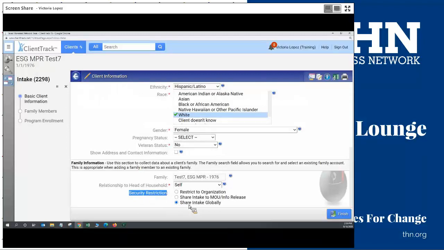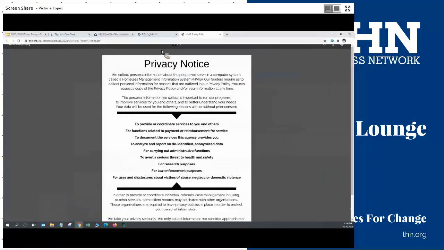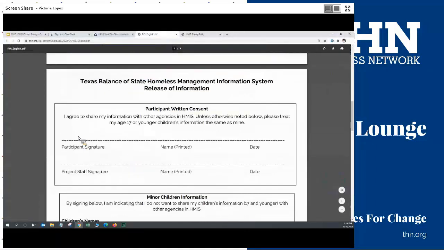And the default is always share intake globally. In ROI terms, share intake globally is essentially the client saying, yes, I am fine with my information being shared. That's the HMIS terminology of written consent.